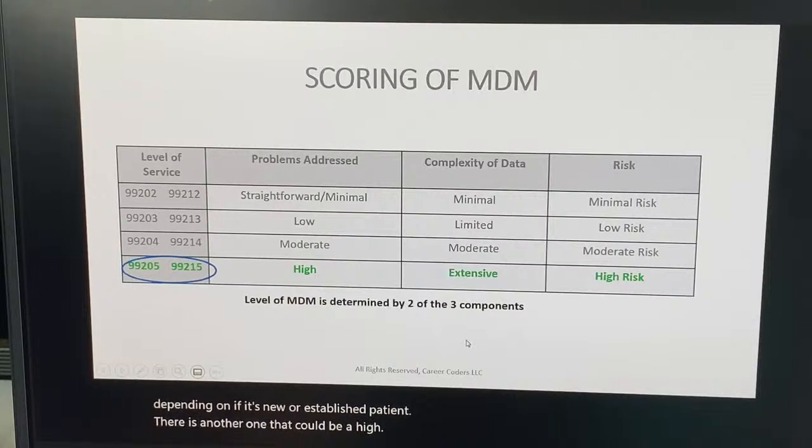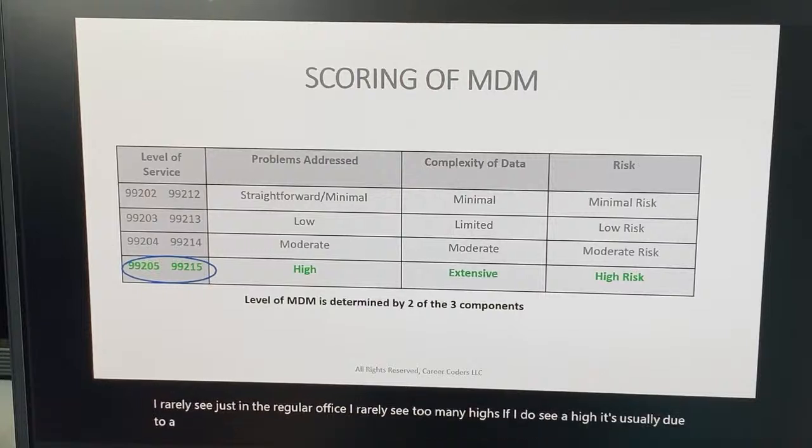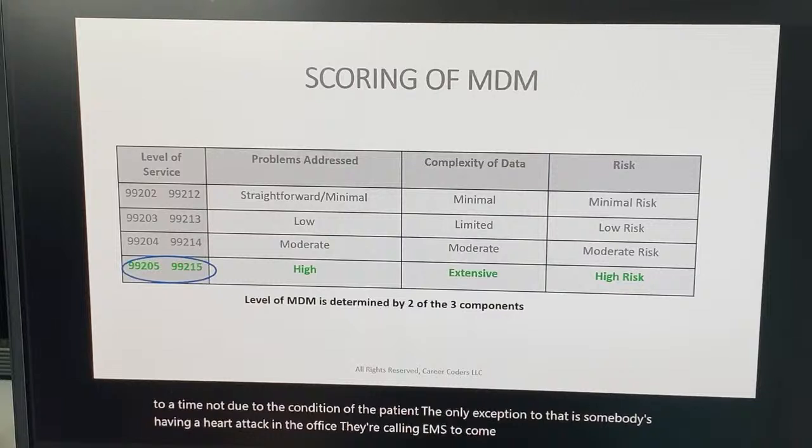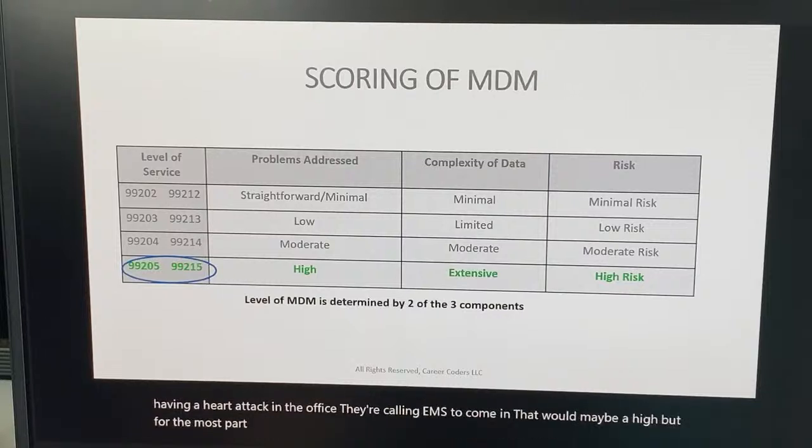I rarely see, just in a regular office, too many highs. If I do see a high, it's usually due to time, not due to the condition of the patient. The only exception to that is somebody having a heart attack in the office and they're calling EMS to come in. That one may be a high, but for the most part, many of the things have been based on